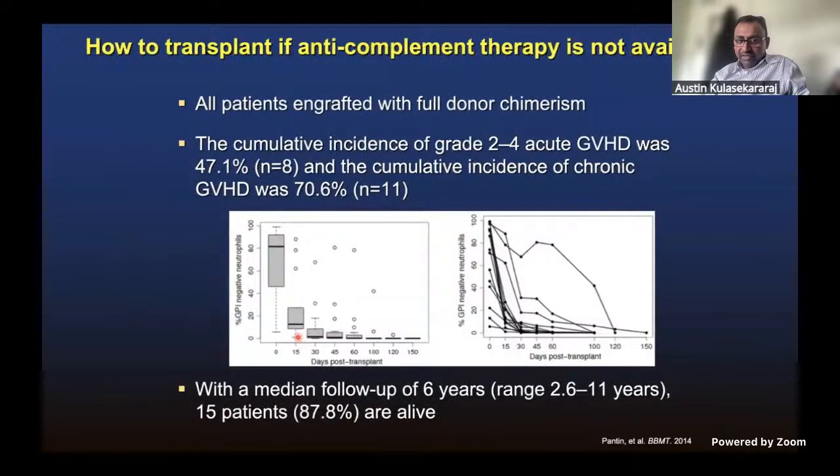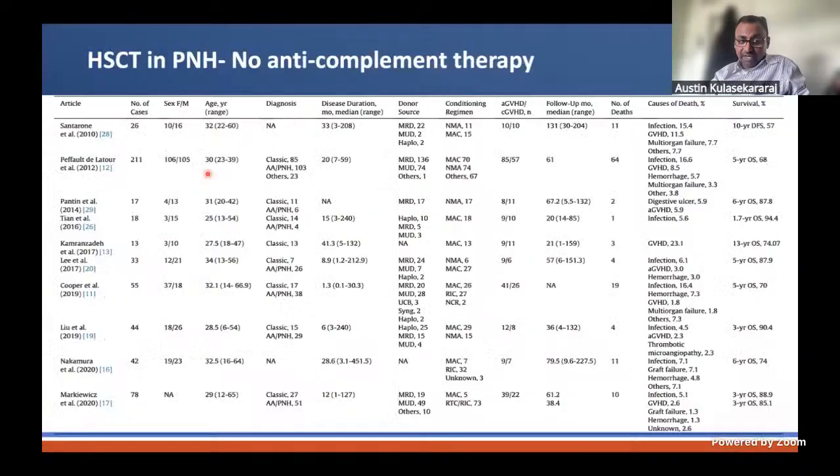And when all of them engrafted with a full donor chimerism, the risk of grade 2 to 4 GVHD was around 47% as well, with a median follow-up. So there are a number of data on using transplantation in PNH when you do not have access to anti-complement